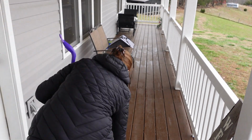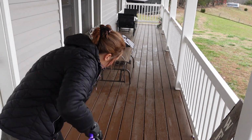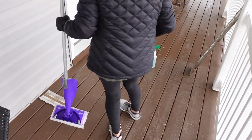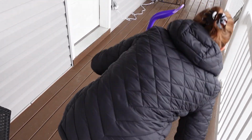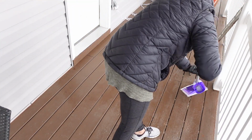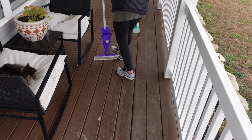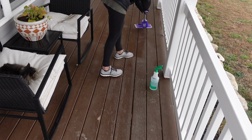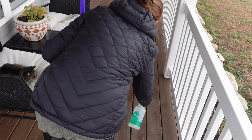But this is basically what I like to use a Swiffer for. I never really was impressed a whole bunch with this Swiffer. You guys can let me know in a comment down below, because some people probably really like them. Maybe if you have a small apartment and a small floor space, these would be really great. But I have a lot of hardwood floor in my house and this just doesn't do it for me. I like the other one a lot better, my O-Cedar one that my friend Tammy got me. But that one I use way more, and I don't want to bring it outside because I like to use it inside. So this one I decided, since I'm not going to be using it inside, might as well just use it outside. So I'm just going to finish spraying down here, and then we're going to start with the rest of